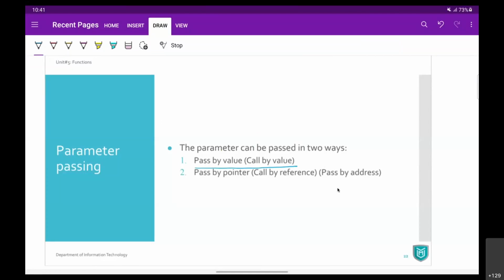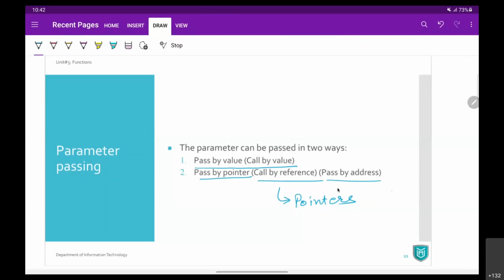So the second way is if you want your function to affect your original data, आपको copy पे work नहीं करना है, आपको direct original data पे work करना है, then what you can do is you can go for the next type, which is pass by pointer. It is also called pass by address, or it is also called call by reference. Okay, it's a reference. Now, reference is nothing but the address of your variable. And again, that can be done with a pointer.